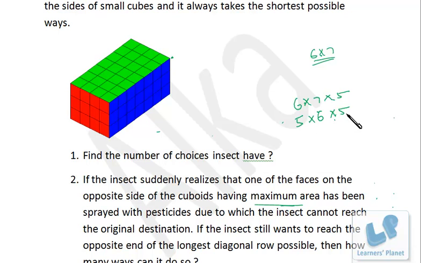Right? So these are the dimensions of the new cuboid, and for the number of ways, 6 plus 5, the same method we will be using that we have used earlier. 5 and 5 is 10, and 6 is 16 factorial by 5 factorial into 6 factorial into 5 factorial. So these are the possible number of ways for this particular case. Okay. Now let's discuss some more problems based on shortest path.